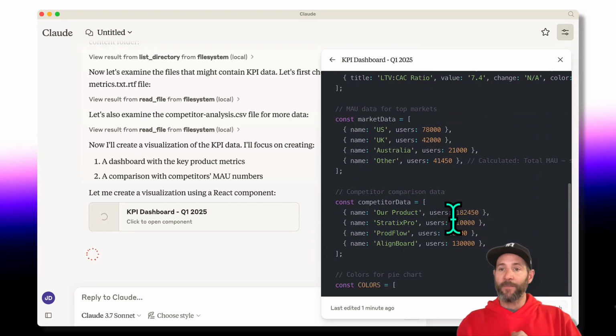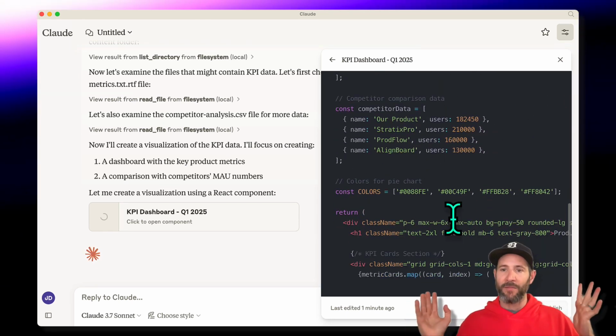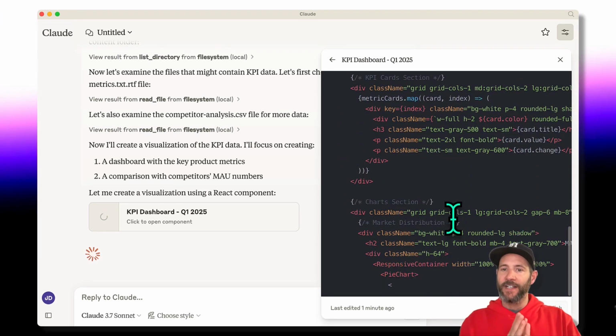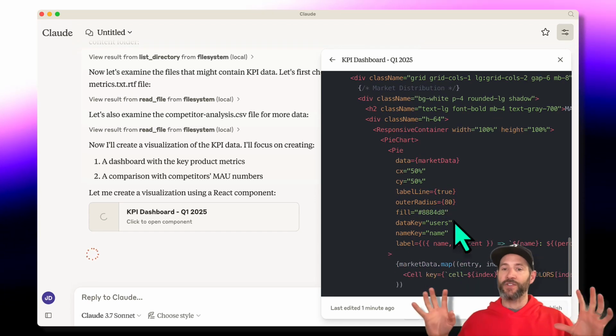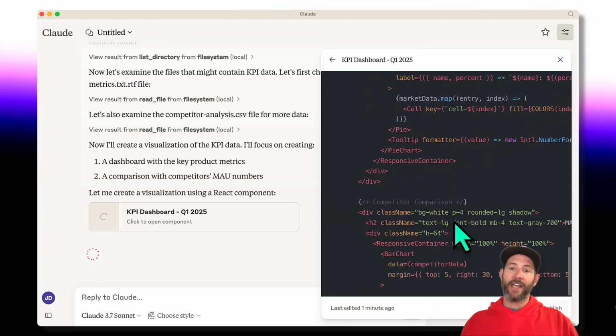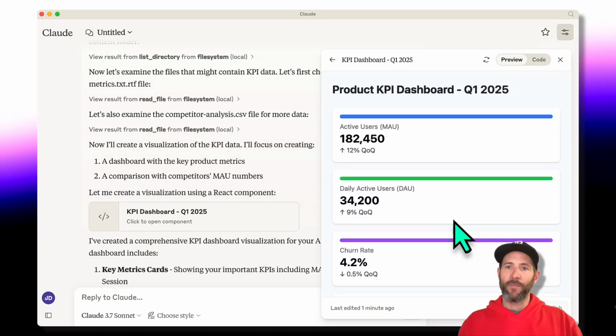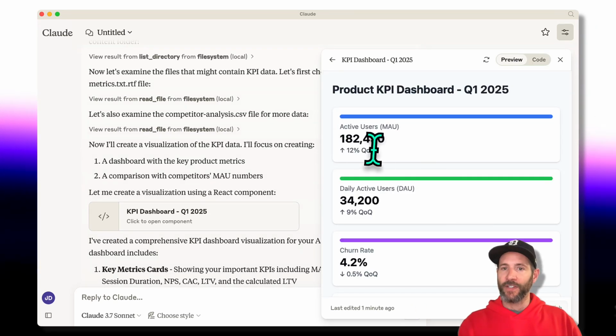And let's just see what we get. So that fake data is just going to be pretty generic, but I think you'll get a sense of the power here. Once this is done, it's actually going to create this visualization. And now I can actually start to think through this data in a visual way. So what would have been a flat text file now is this really nice looking